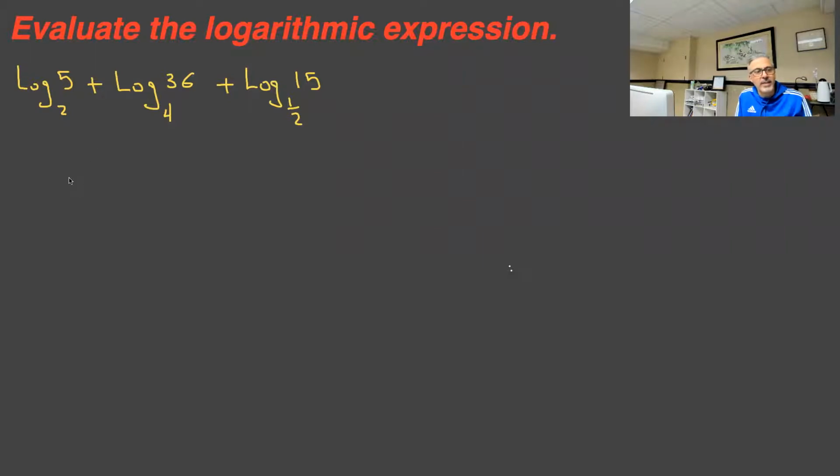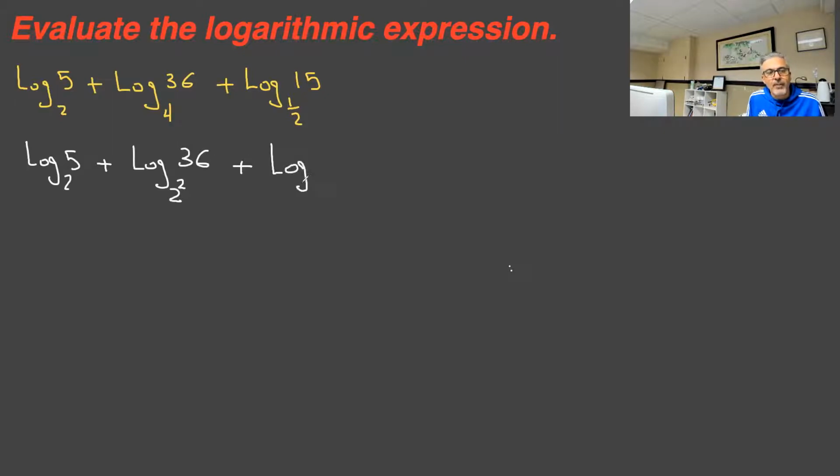So we're going to start solving this. To solve this, what you want to do, keep the log base 2 of 5 the same, plus log, change the 4 to 2 squared, so change the base to 2 squared, and you still have the 36, plus log, and you know the 1/2, we could change it to 2 to the power of -1, 15. Yeah, so now the next step is to go log base 2 of 5,